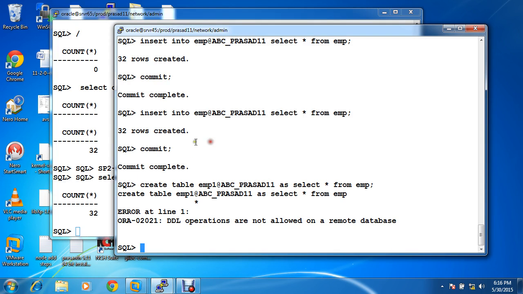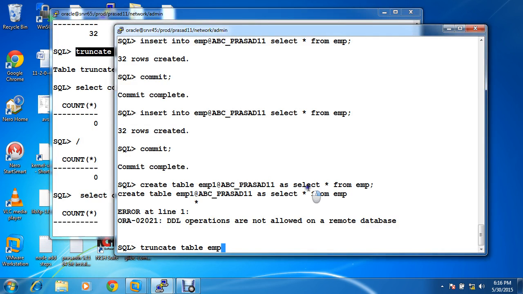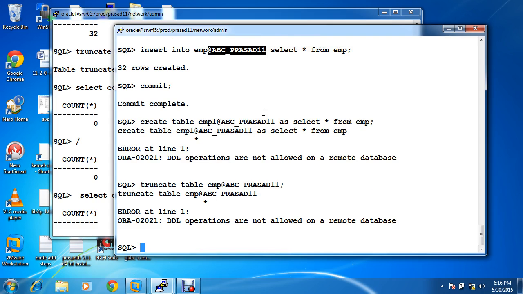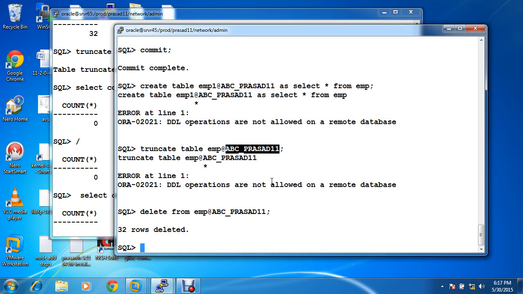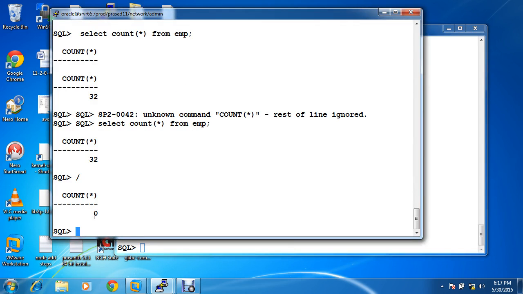Similarly, truncate is a DDL or DML? Truncate table EMP at the rate DB link does not work. But delete from EMP at the rate DB link, this works. And where is it deleted? The remote. Truncate does not work because it's a DDL statement, but you can have another workaround for it, delete all the records. But at database level,